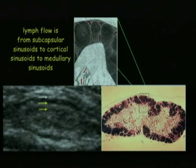Between the two yellow lines now, I'm showing in white in this upper image, is the hyperechoic band of the kidney that is the medulla or the medullary zone. Why is it hyperechoic? It's caused by the interfaces between the medullary cords and the medullary sinusoids, and so all those interfaces create the hyperechogenicity. And the inner part of the lymph node that I'm showing with an asterisk is a mid-level gray, because now we're mostly seeing fat that's insinuated itself into the mediastinum or hilum of the lymph node, and some vessels that